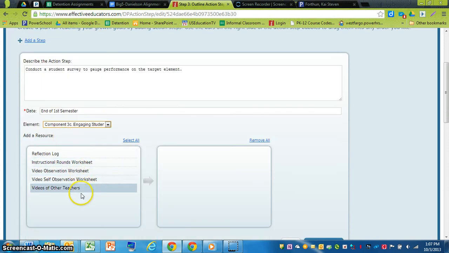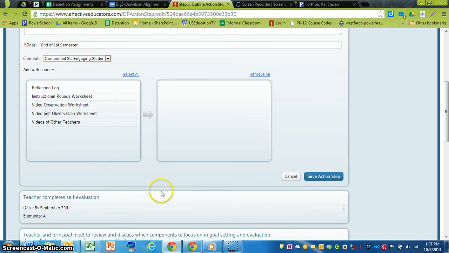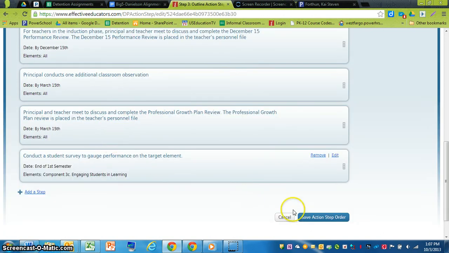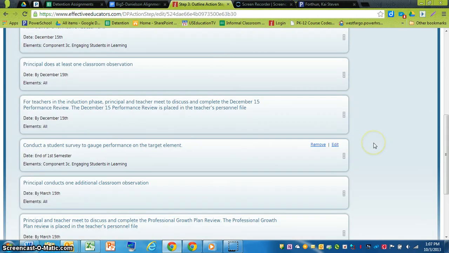There are some resources that are preloaded here. We're not going to deal with those right now. And then I'm going to say save the action step. Now it automatically puts that action step right down at the bottom, but that may not be the correct order because as you see in a minute here, I'm going to save the action step order. So I'm actually going to push this up a little bit further, just behind this other one that's December 15th, so that after December 15th, I'm going to